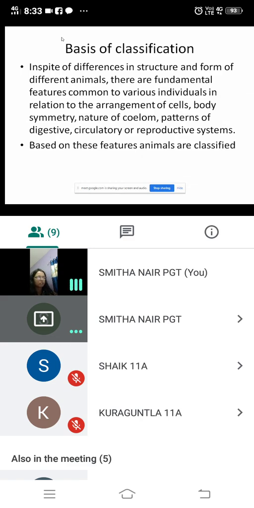So, in spite of the differences in structure and form of different animals, there are fundamental features common to various individuals in relation to the arrangement of cells. So, based on the arrangement of cells, how many cells are there, how are the cells arranged, then body symmetry. What do you mean by symmetry? You know, symmetry means